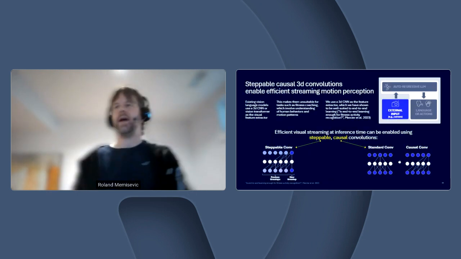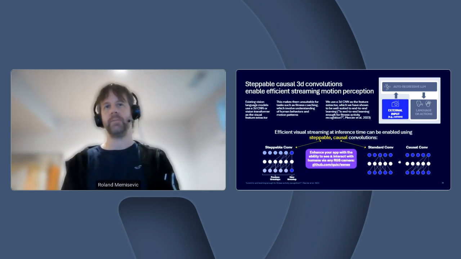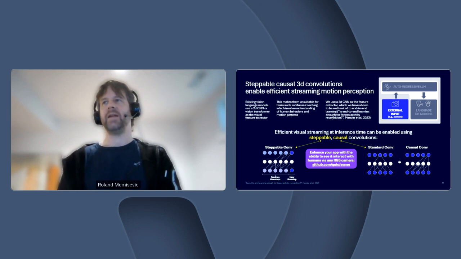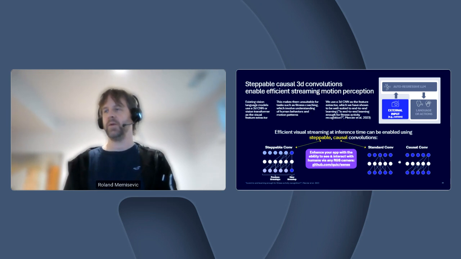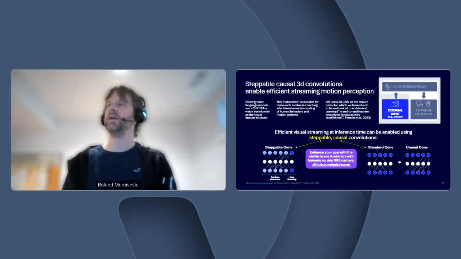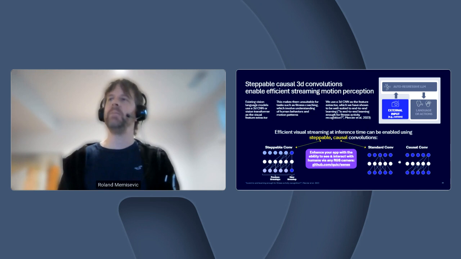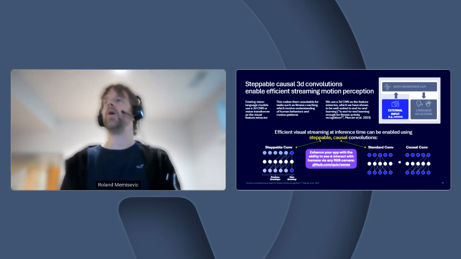A second wrinkle I want to mention quickly before moving on to a more researchy topic is the need to understand motion in this application. So when we first started to venture into this type of application, where we wanted to have a model understand what the user is doing, we realized quickly that if you take a 2D convolutional network, or equivalently a ViT or whatever the 2D image model might be, the model misses a lot of information about what the user is doing, because a lot of the information, specifically when you're exercising, is encoded in motion patterns.